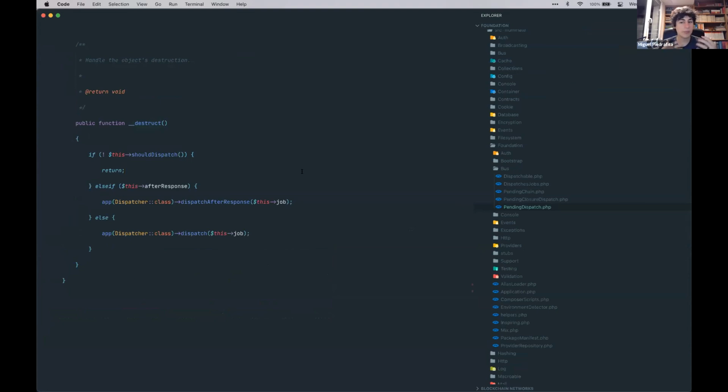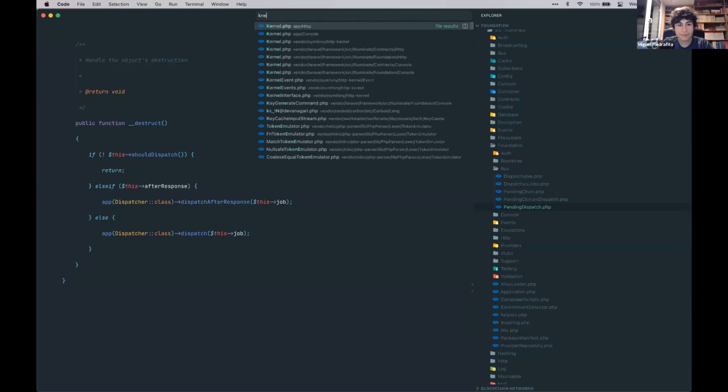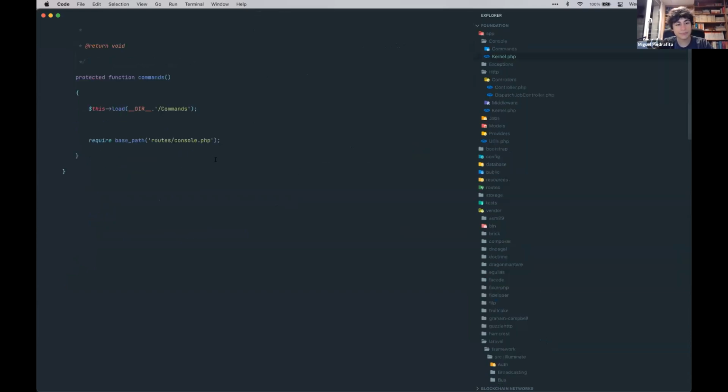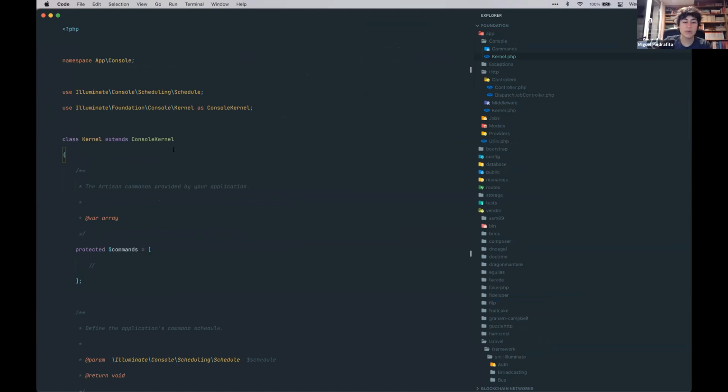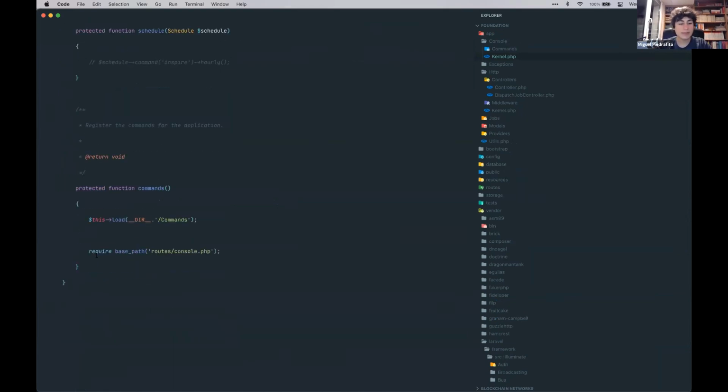So we're talking about patterns that Laravel uses to improve functionality or add functionality and improve developer experience. And one of the things that Laravel also does a lot is file auto discovery. We saw this before with the config files, where you didn't have to register every file in the config directory. You could just say, this is a directory, just load all the files in it. Another example of this is the console kernel. Like if you remember, there was a time where you had to register every command you created in this array. And then Taylor came up with this load method, which accepts a path,